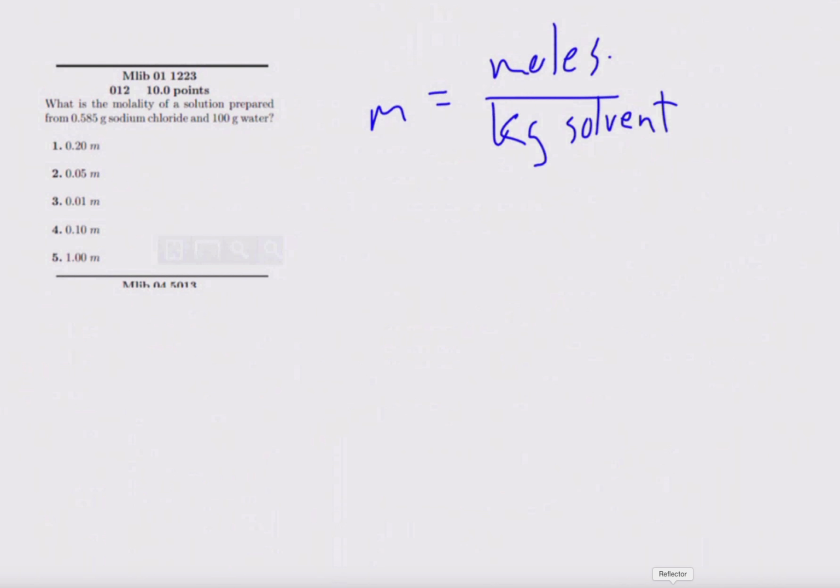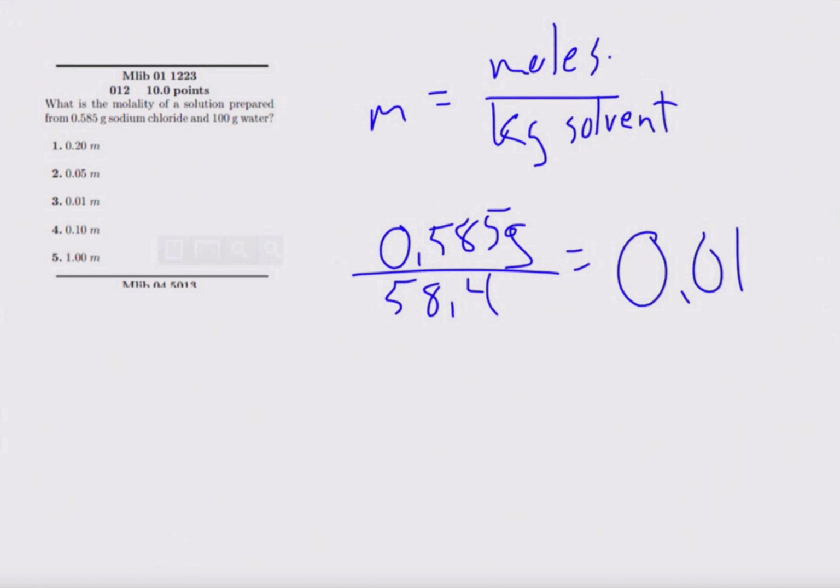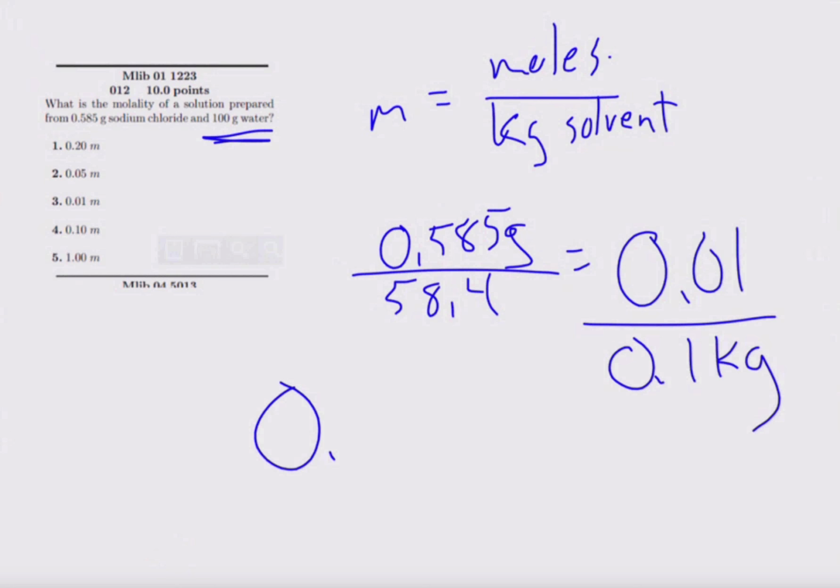Okay, so the moles of solute, the moles of sodium chloride, is given by dividing the 0.585 grams by the molar mass of sodium chloride, which is 58.4, which gives us something very, very close to 1/100th. And then we take that and we divide that by the kilograms. Well, we have 100 grams of water, which is 0.1 kilograms. So 0.01 divided by 0.1 is 0.1. So it is a 0.10